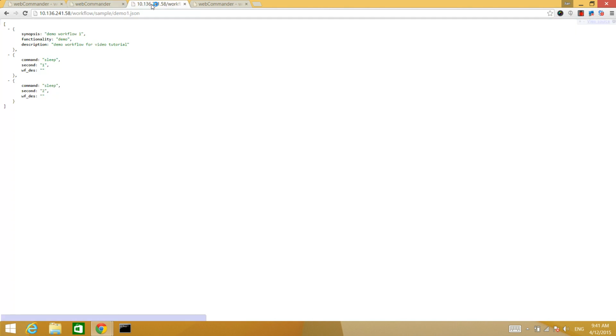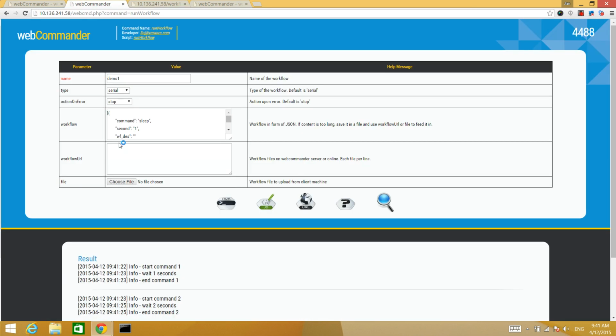Because I have already saved the JSON template on the server, we could also trigger the same workflow with the URL. We just need to paste the URL in the workflow URL field. If you define both workflow and workflow URL, WebCommander will consider the two parts as